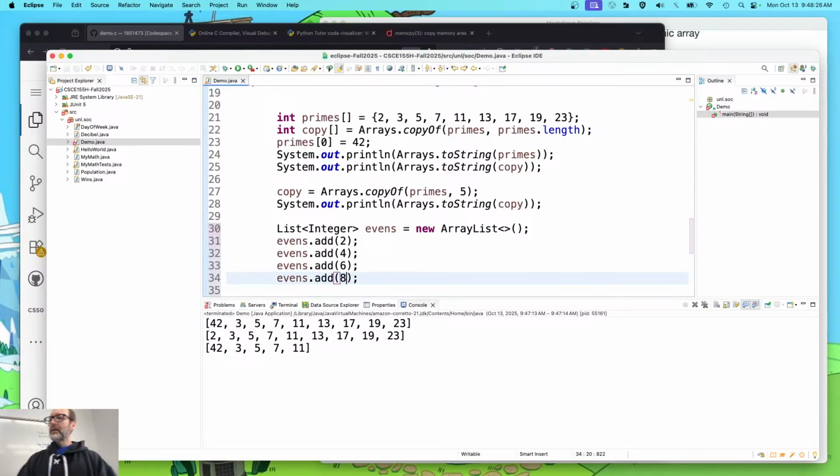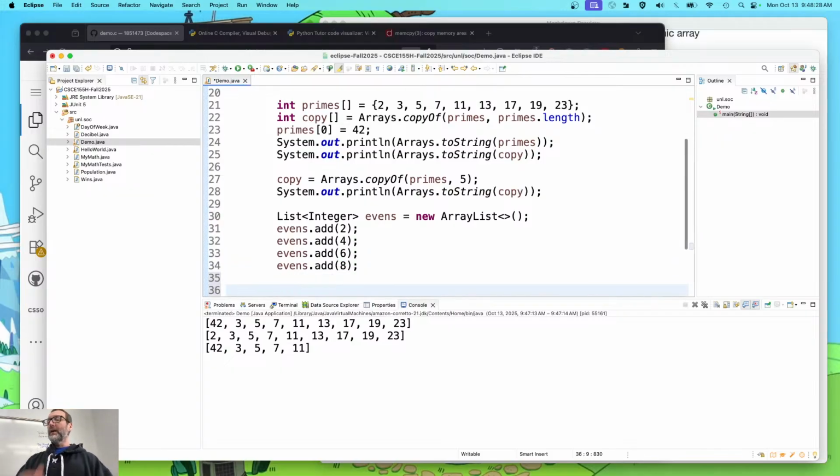There. There's an easier way to do this, but I was about to use list.of, but what that actually does is it creates an immutable list. You can't change it, and I want to change it, right? Because I want to demonstrate this here. All right, so I've got 4 things in there, right? I can say list of integer